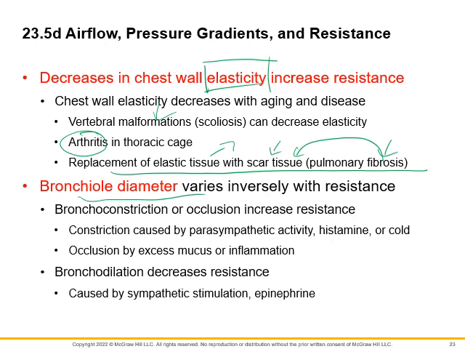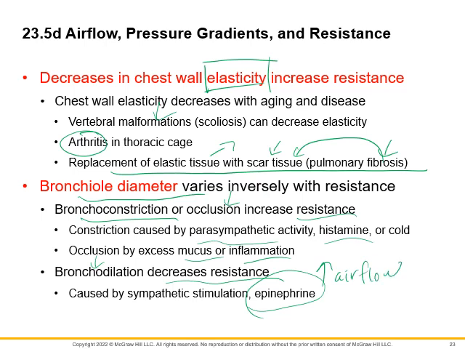For bronchial diameter, if you have bronchial constriction, some sort of blockage, that's going to increase resistance. You're not going to be able to exchange air as well. So this could be sympathetic activity, this could be histamine, cold, mucus, inflammation, and we usually fix that by giving you some sort of stimulant like epinephrine. That'll do bronchial dilation, that'll decrease the resistance, and if you decrease resistance, you're going to increase airflow. What happens if you increase resistance? You're going to